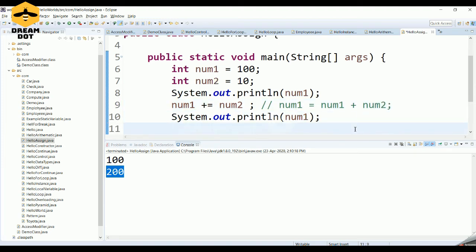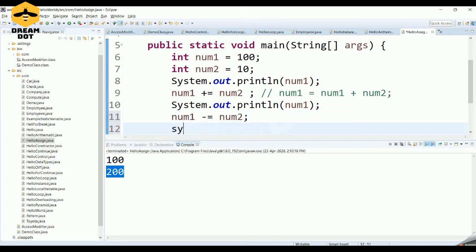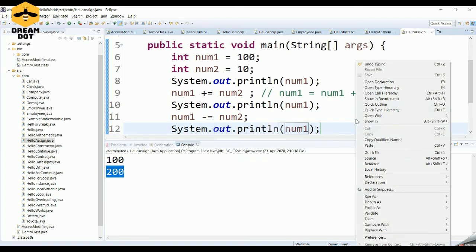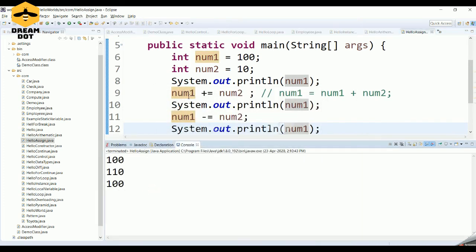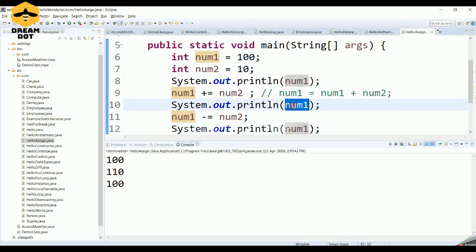Similarly, we have one other operator, num1 minus equals num2. Let's try to print num1 right now. When you run this as a Java application, the value getting printed is 100. After executing the previous part, num1 value had become 110.